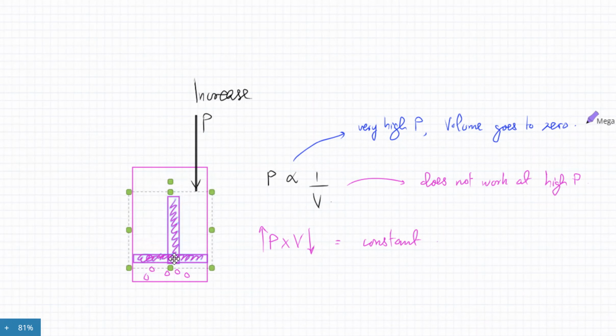The volume decreases. So far, it's working. But it's not going to work beyond this point. Once all the gaps are gone, the gas eventually becomes incompressible. You keep on increasing pressure, and it would reach a point where it would not compress. As long as there are gaps between the molecules, the gas will compress, but not beyond a certain point. So at very, very high pressures,